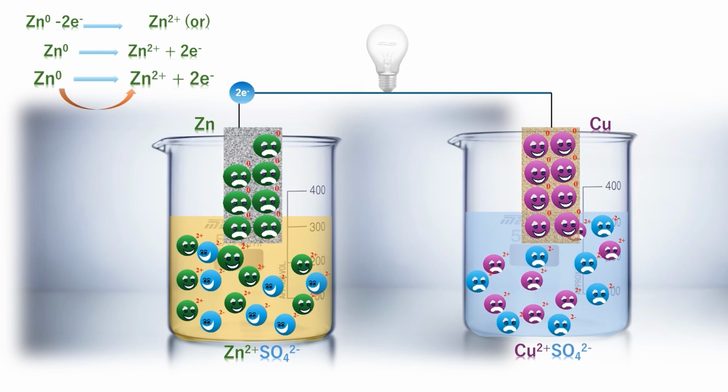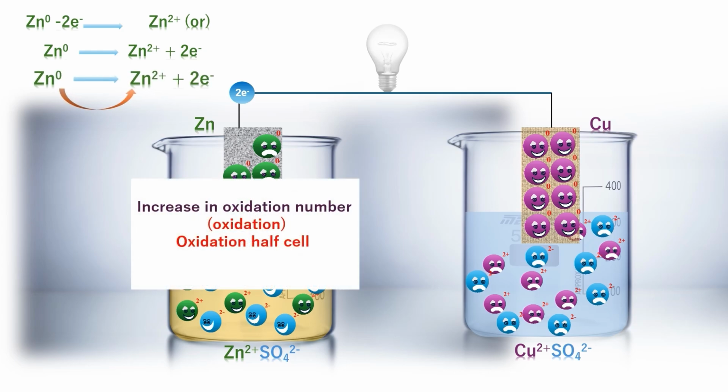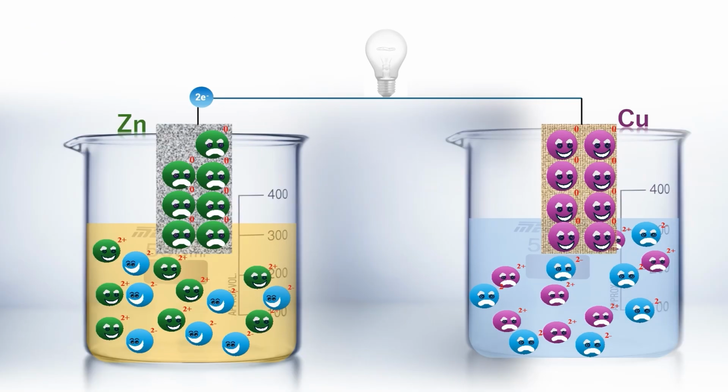Increase in oxidation number is called oxidation, and this can be called the oxidation half cell. The electrode at which oxidation takes place is called the anode, and can be remembered by the code AN OX, meaning oxidation takes place at the anode. The electrons from the zinc atom then move through the metallic wire, and are received by